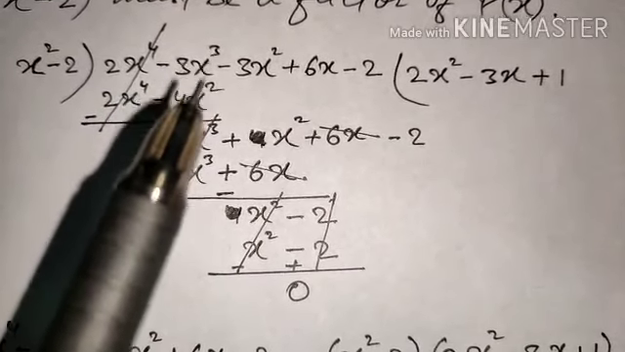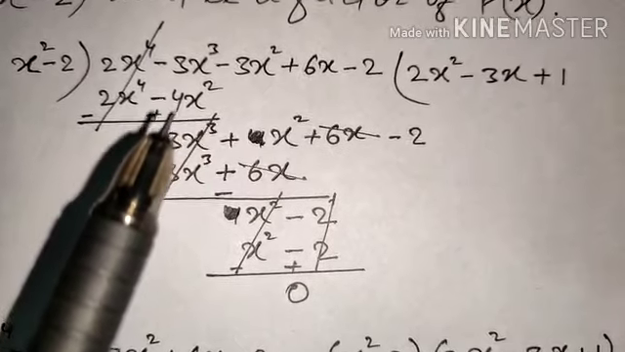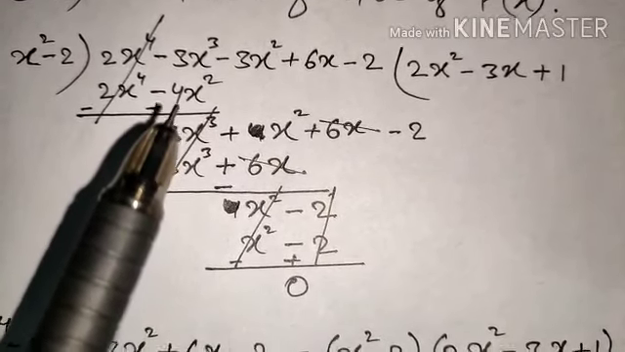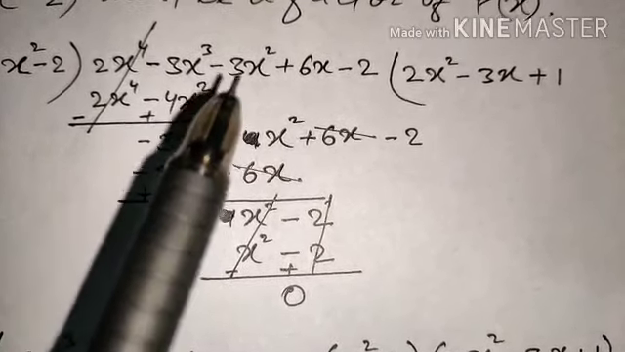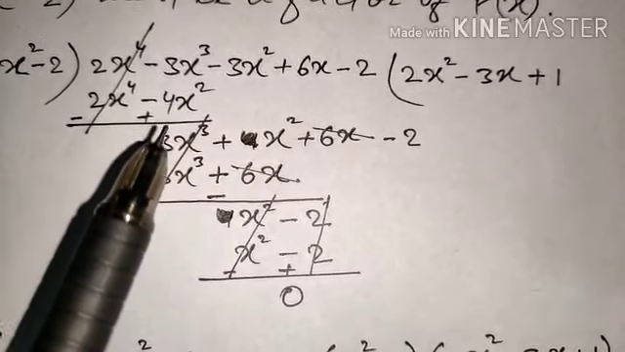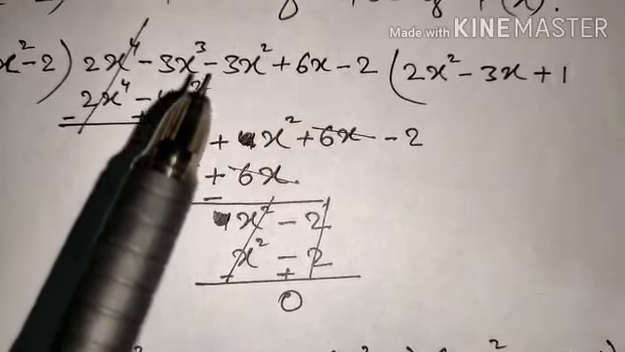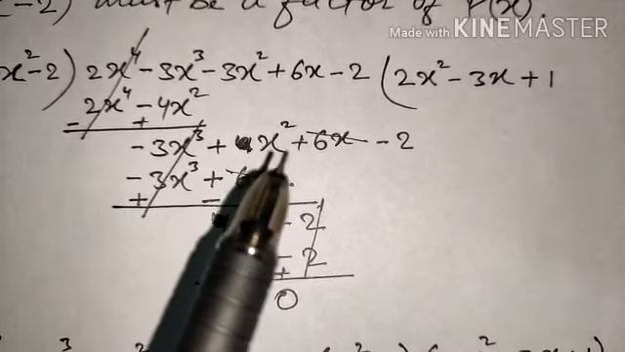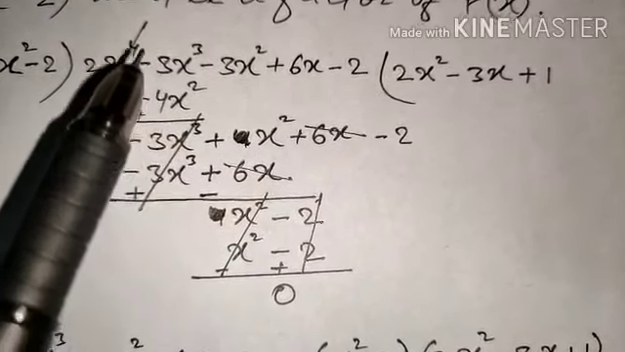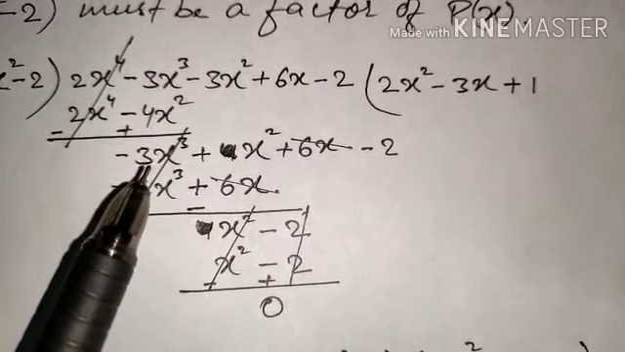Now this is minus 3x cube and this is minus 4x square. So minus will become plus 4x square. Minus 3x square and plus 4x square are like terms. So minus 3x square plus 4x square will become x square only, and this minus 3x cube will carry out,